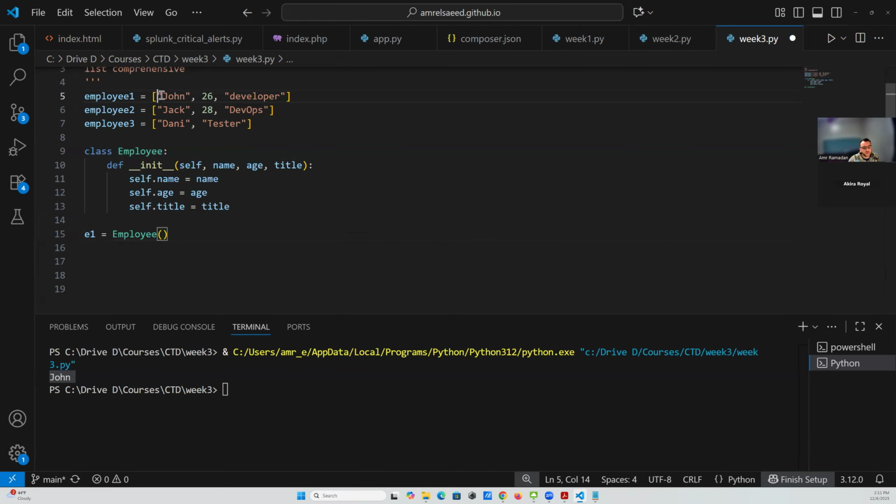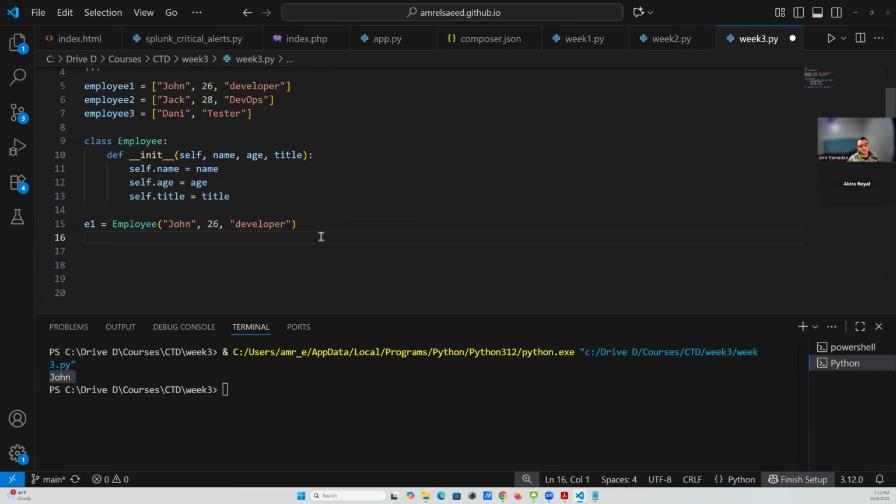So I'm just gonna copy those here. So what I have right now is I created an object of that class and it has those three variables. What I can do right next is create another object for another employee,